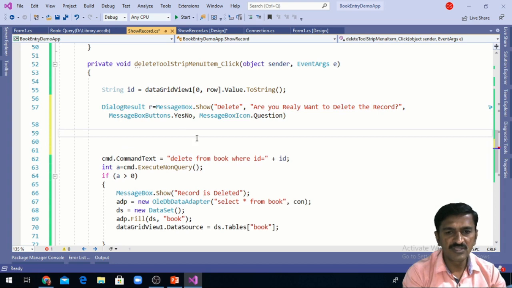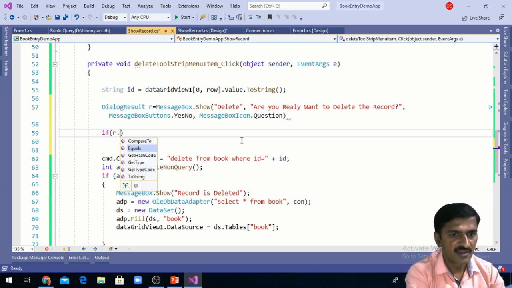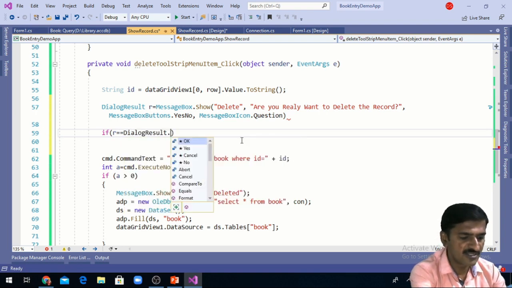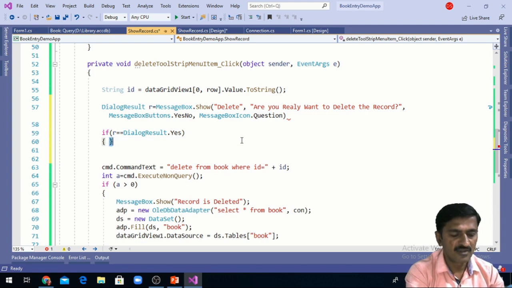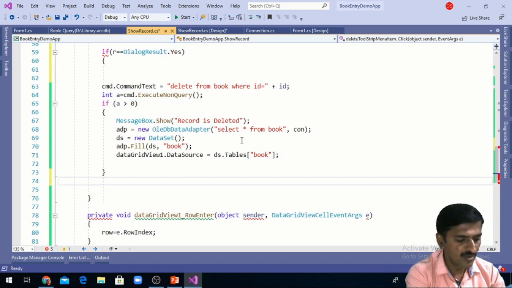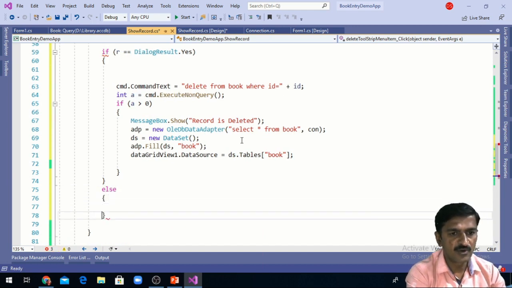The user is going to select either yes or no. What the user has exactly selected, I can check like this. If R is equal to DialogResult dot Yes, it means the user has selected the yes button, and then and only then I want to delete the record, else I don't want to delete the record.